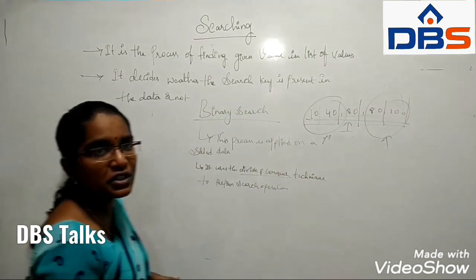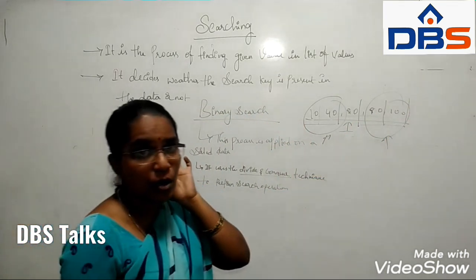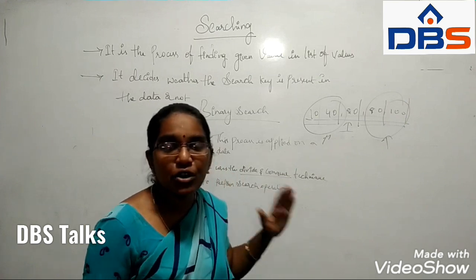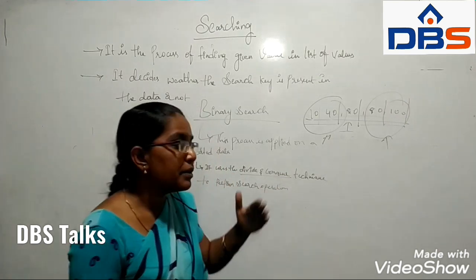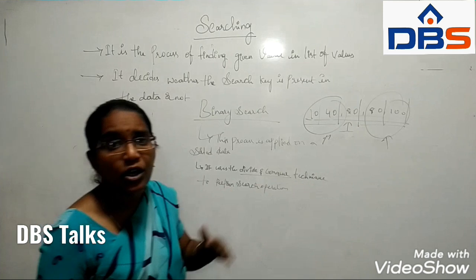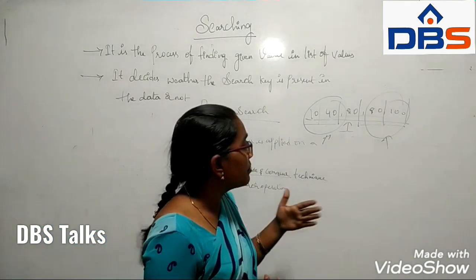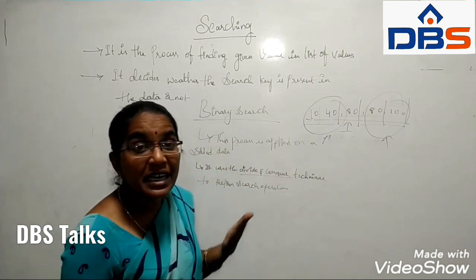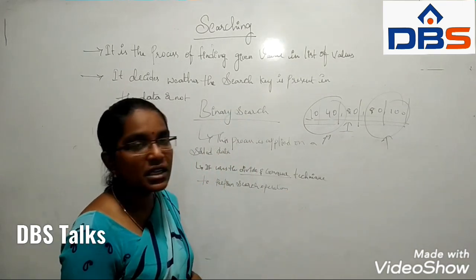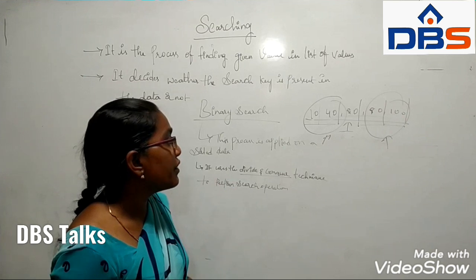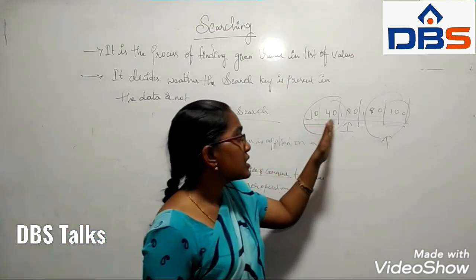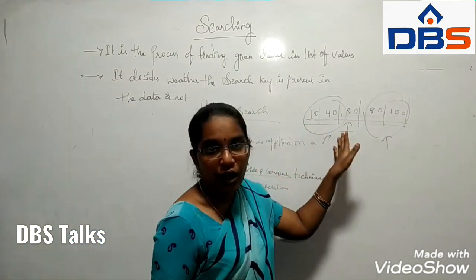See, basically in the sequential search, if you are going to perform the searching operation, from the starting element to the ending element you have to compare with that key element. It will take a lot of time and it may increase the complexity. But when it comes to binary search, it uses the principle called divide and conquer technique. See, if this is the list of data, how are we going to perform it?